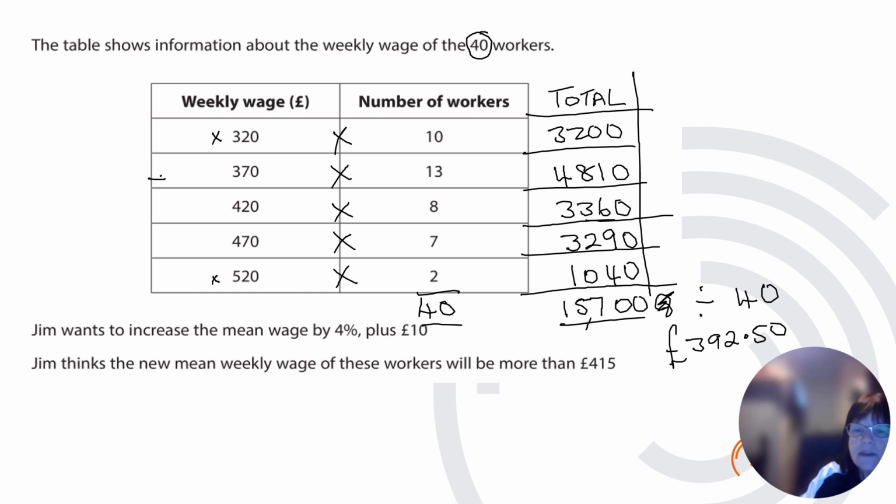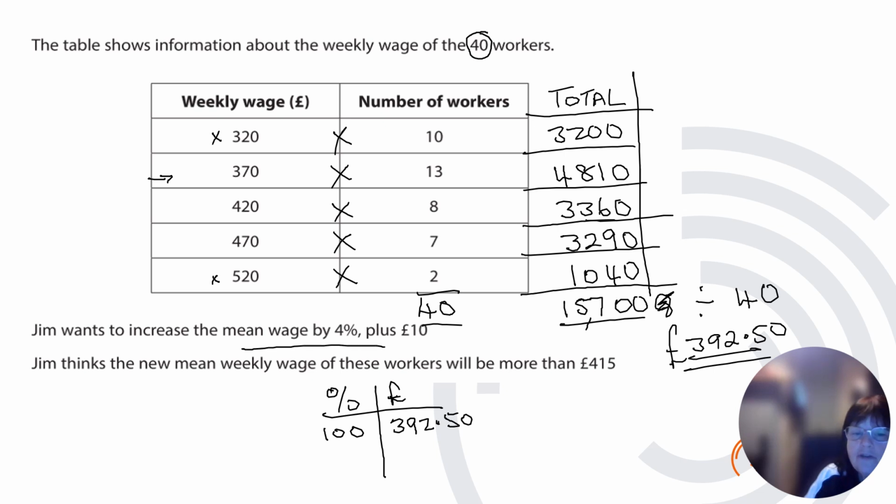So on average, they're actually earning between 320 and 520. Okay, but most of them are in here in this kind of 370 category. So that is a sensible answer. So first thing, always ask yourself, is that a sensible answer? Yep, looks sensible to me. Okay, so what we know is that 100% at the moment is £392.50. We want to increase by 4%, so 104%, divide by the number above, multiply across, and you will get